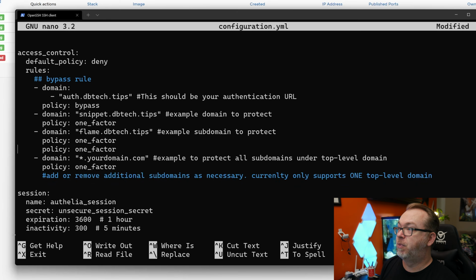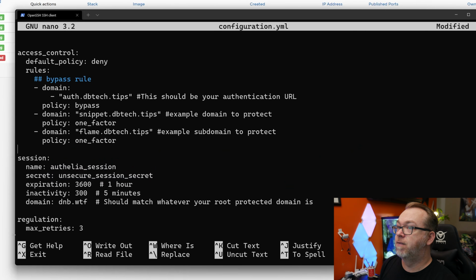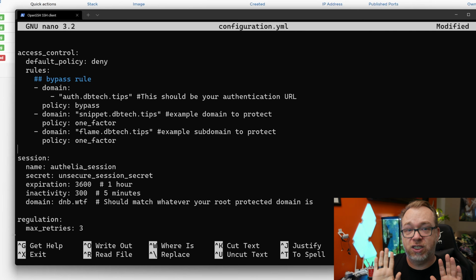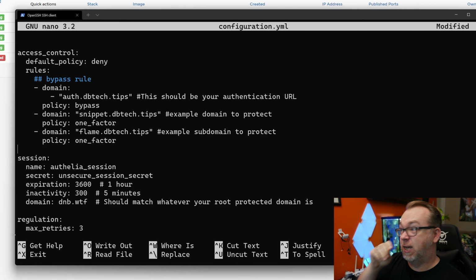So what we're going to do is I'm just going to come up here and delete all of those lines like so. So now we've got auth.dbtech.tips, we've got snippet.dbtech.tips, and we've got flame.dbtech.tips. So let's just pause this for a second, and let's go ahead and actually set up these domains over here